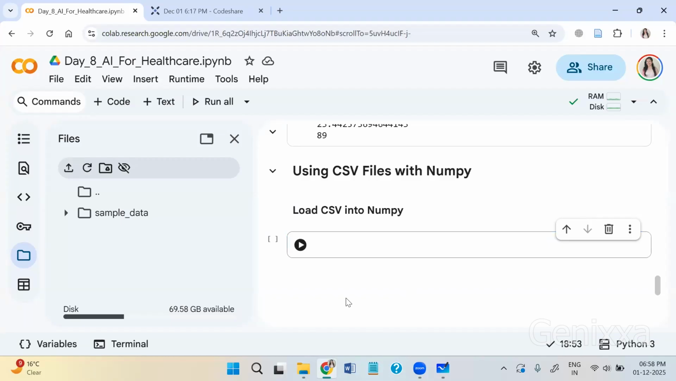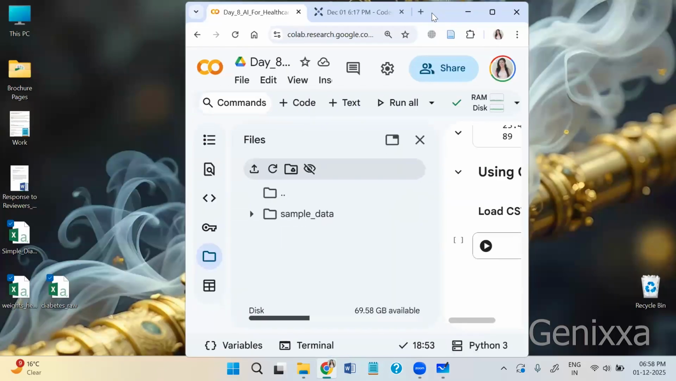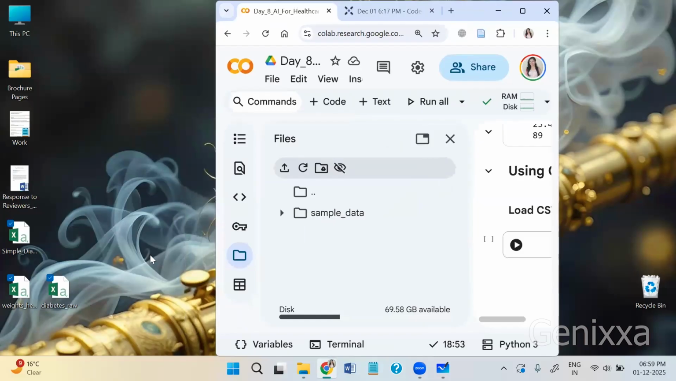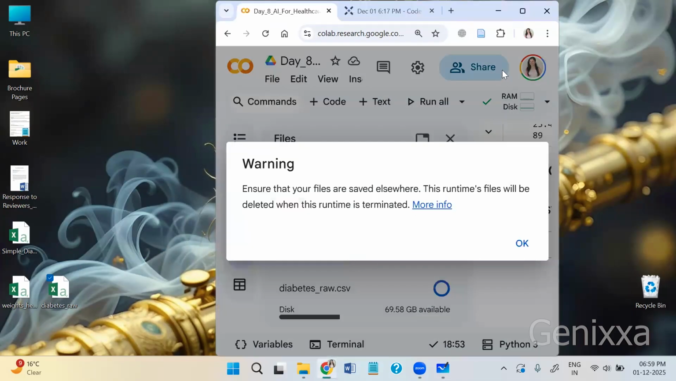So observe how we can do that. There are two ways. One is the drag and drop method, the other is the upload method. I'll show you both one by one. I'm just reducing the screen size, and I'll drag any of these files. For example, this diabetes raw data file I'm dragging, and I'll just put it here in the empty space below